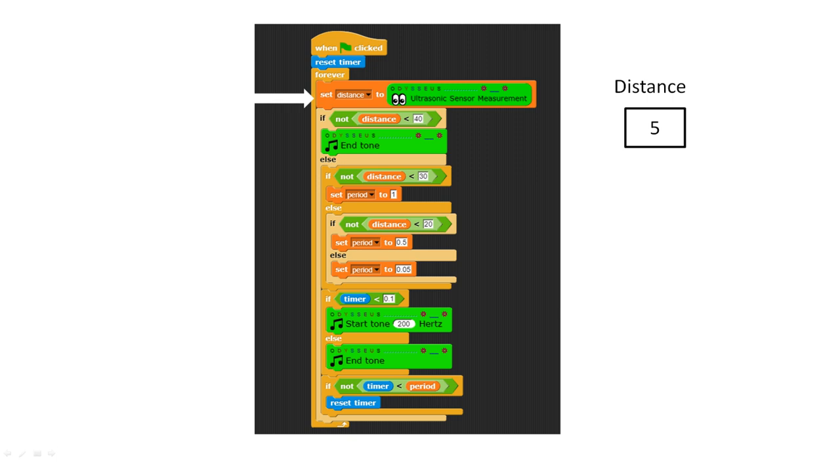Here is how our program should work in this case. Since the distance is less than 20 centimeters, this condition is false. Thus we go to else and then proceed to the first command inside the else part, which is an if statement. The condition is again false, thus we move to else and then to the if statement that follows. Once again, the condition is false and we move to the else part where we set the period equal to